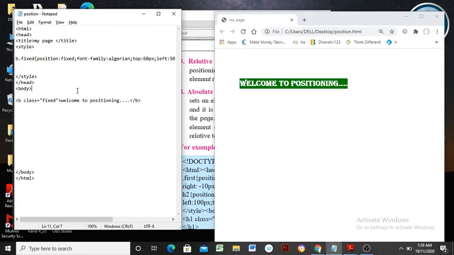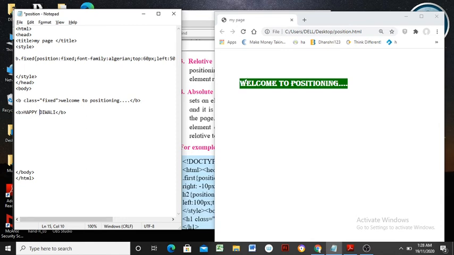While applying such positioning or its effects, we have to use any HTML element. Suppose I apply the tag B again for the next content. It is possible. See here, content related to specified users or related occasions is also possible.